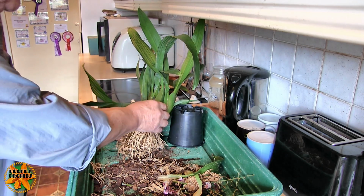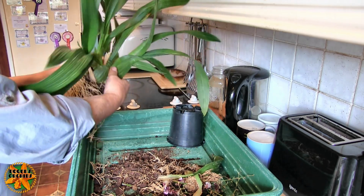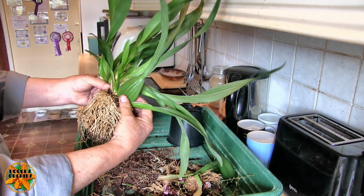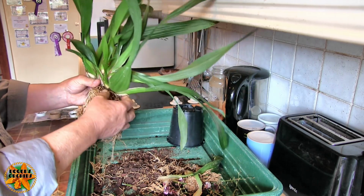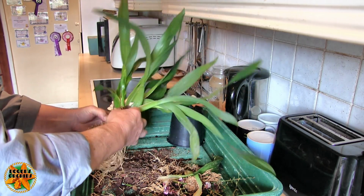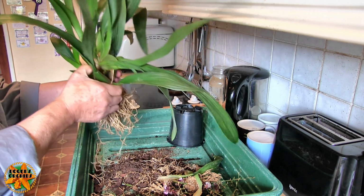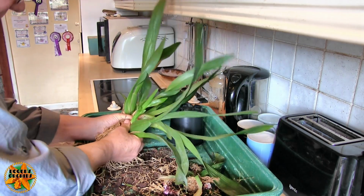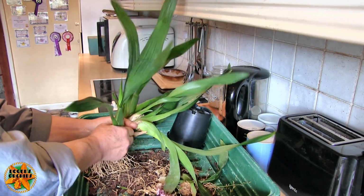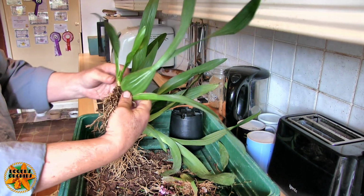Now what have we got left? Any more bits that are going to fall off? Yeah, I do believe we have. This bulb here is separate. Now you can see why it's such a large plant. It's actually a group of plants squashed in together and sold as one. Now this piece that's coming off here is effectively a single bulb and a new